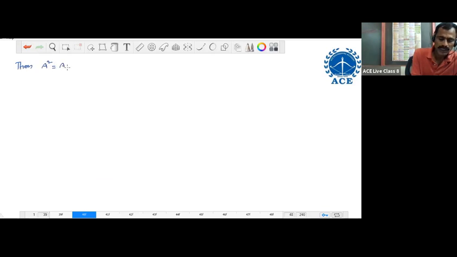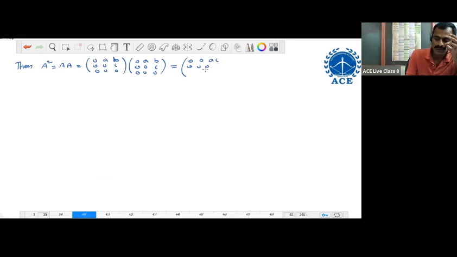A square equal to A into A equal to the matrix with rows 0 A B, 0 0 C, 0 0 0 times itself, equal to the matrix with rows 0 0 AC, 0 0 0, 0 0 0, which is not equal to the 0 matrix. Which implies A cube equal to A square into A equal to